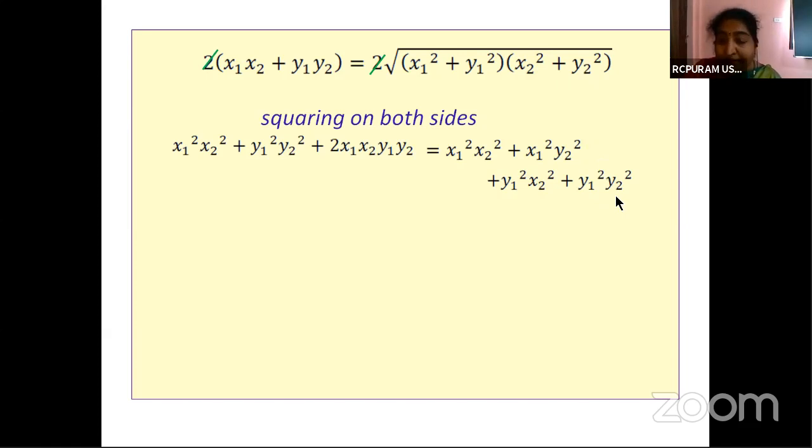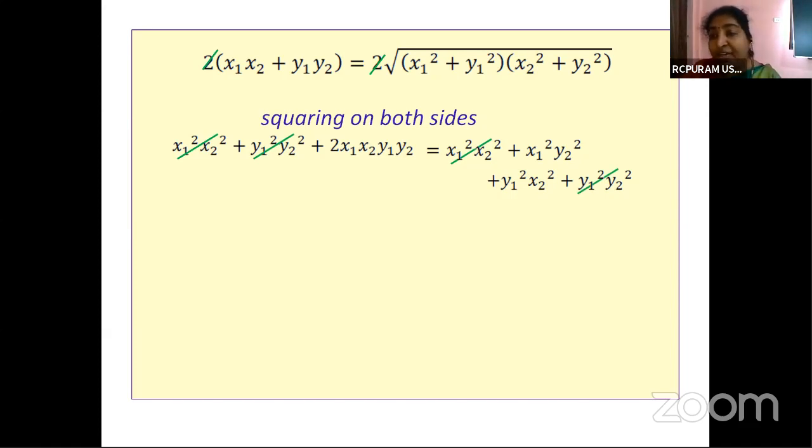Okay, now just observe whether some terms are getting cancelled. Hope you observe that. We can cancel x1 square x2 square on both sides, children. Likewise, we can cancel y1 square y2 square on both sides. Then you are left with